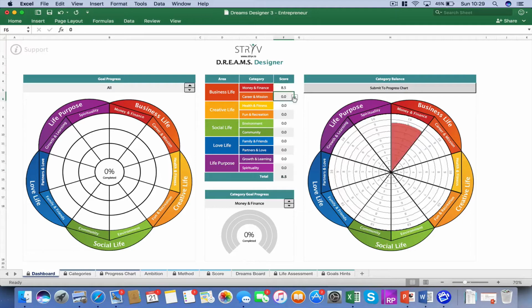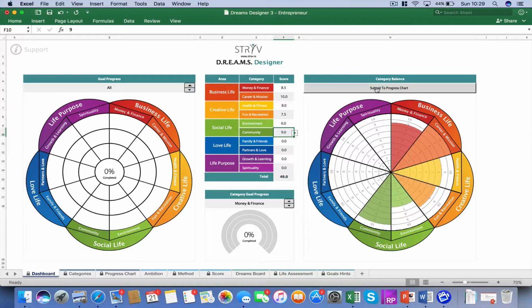where you currently are, and you'll see that it will update at the side of the screen, to the right hand side, so that you get a visual representation of where you actually are. And you can go in and fill out all of that and see where the areas are that you want to improve. And then once you've done that, what you actually want to do is click Submit